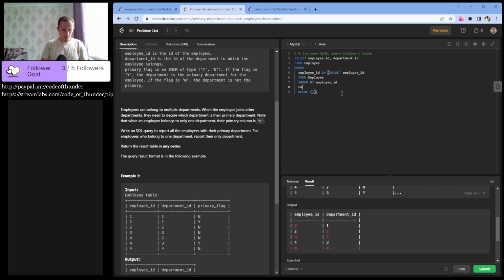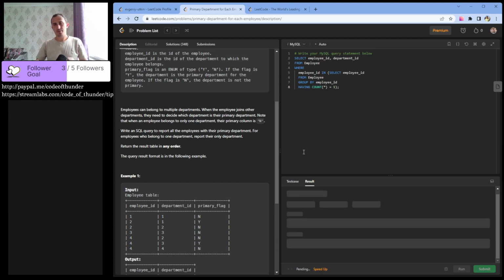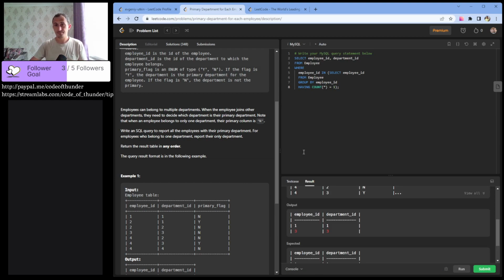And again, we are going to use our new favorite, having count. We can do this equals 1. This way we got all unique employees. Right.